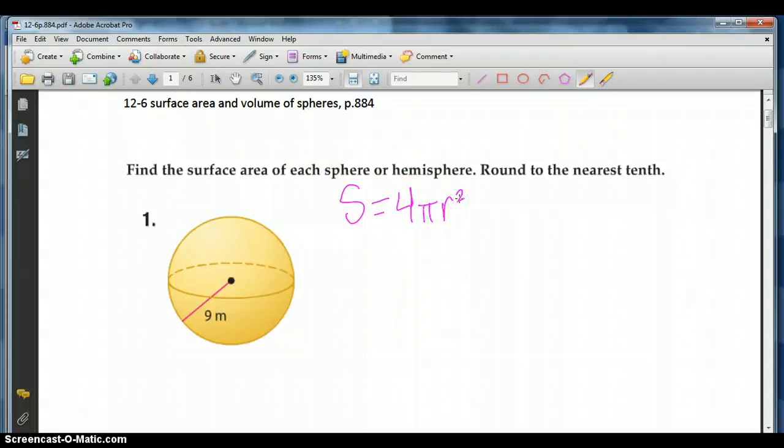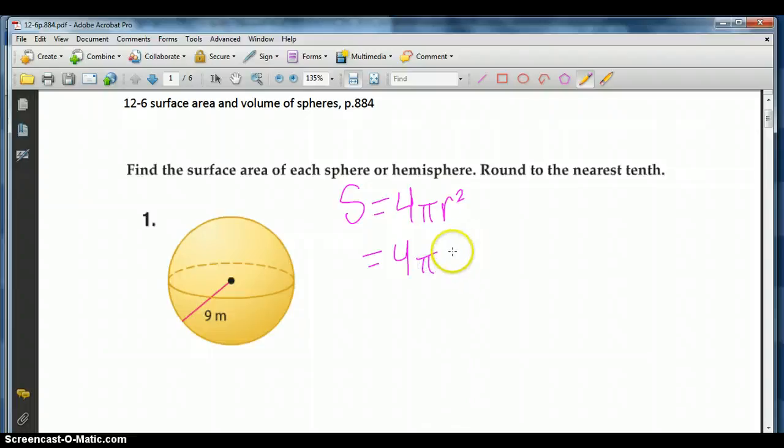r squared, where r is the radius of a great circle. Basically think of a great circle as a cross-section of the sphere directly through the middle. So if you're able to cut the sphere into two hemispheres, or think of the equator of Earth, that would be the great circle. So in this case our radius is 9, so our surface area is equal to 4